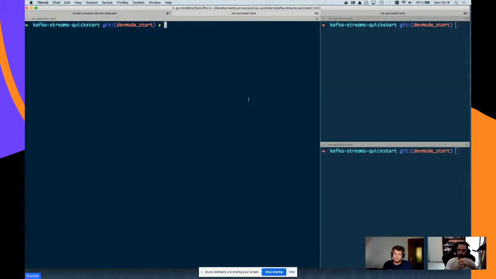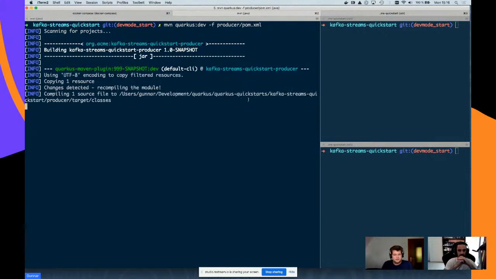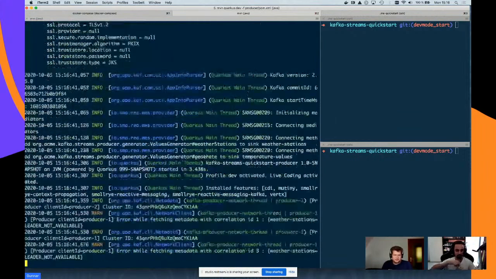I need to have some data, right? And that's why I have a little producer application, and this is another Quarkus application which just creates random temperature measurements, and it writes them to this Kafka topic there. But that doesn't need to be a Kafka Streams application, right? It's just a Quarkus application that writes to Kafka, nothing else. Exactly right. So that's not using Kafka Streams.